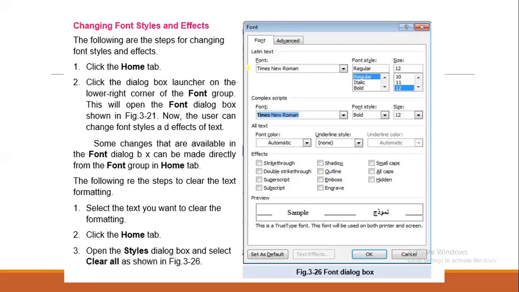Some are same and some new options are available, like font style, Times New Roman, then bold, italic, regular or underline, font style, then size.